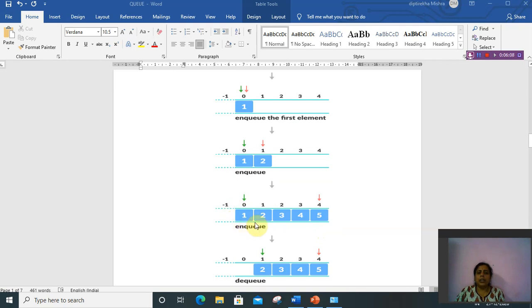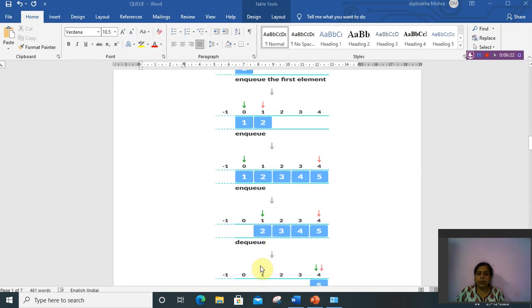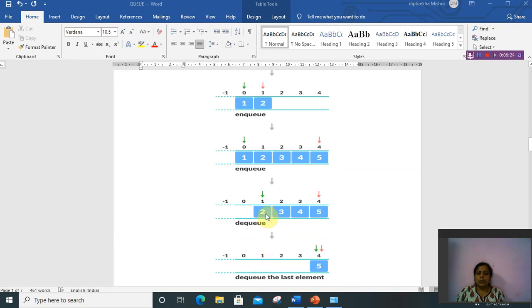After that, when we delete an element, it is always deleted from the front. So after the deletion of the first element, the front increases and becomes 1. Okay, and after that, when the second element is deleted, the front comes to the second position.